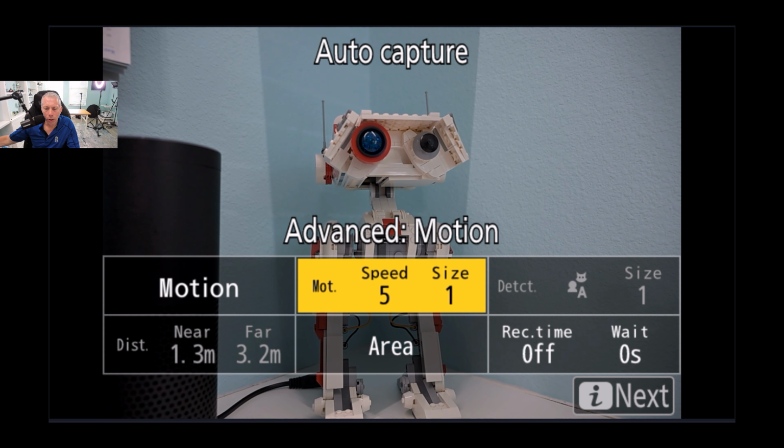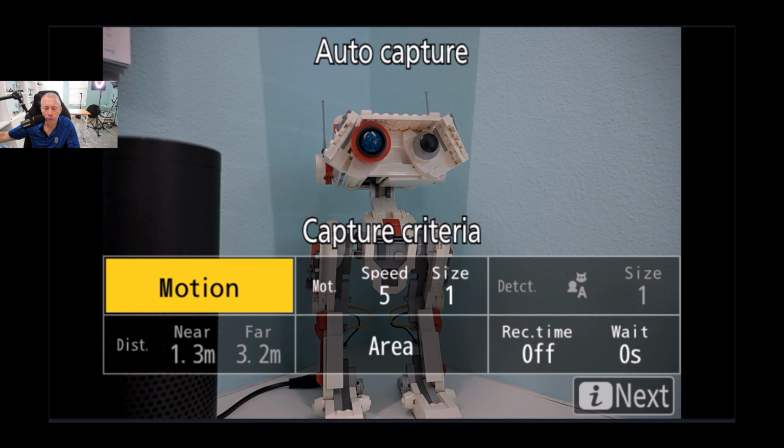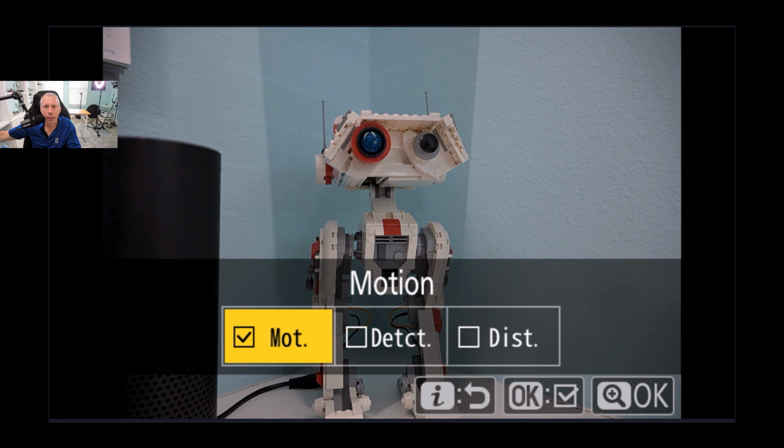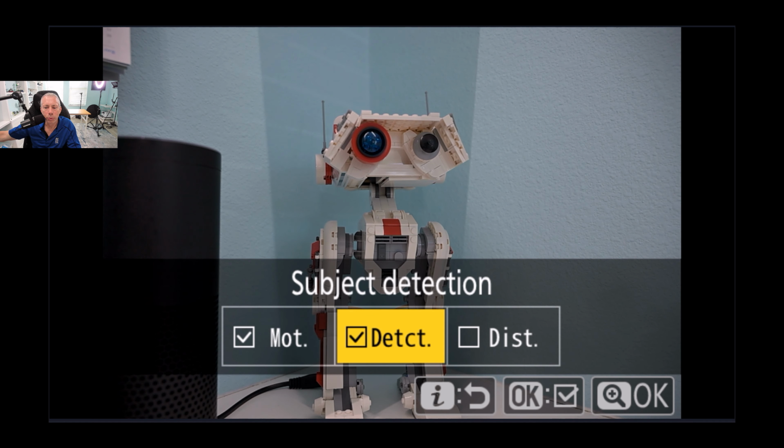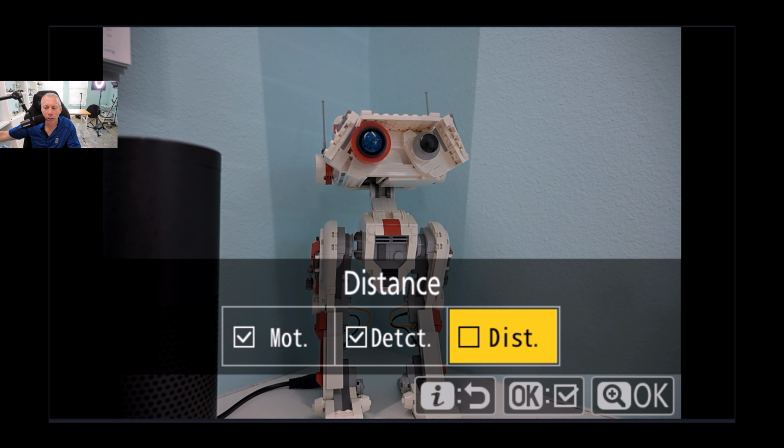So once you are here, you have 6 different items that you can configure to get auto capture working the way that you want it to, or at least the way that you hope it's going to work. Okay, so the first option is capture criteria. And when we select that, we have 3 different available options. We have motion, we have subject detection, and we have distance. Okay, I'm going to select all 3 of these right now